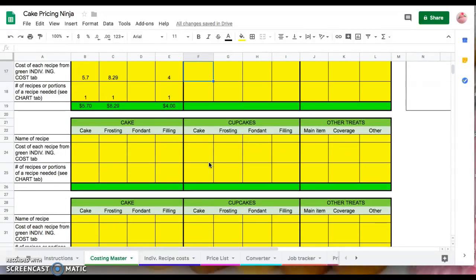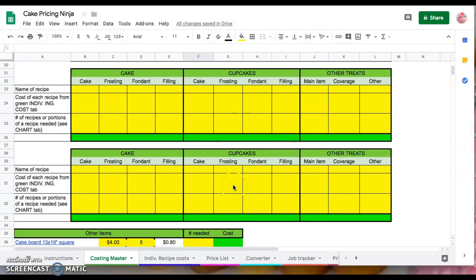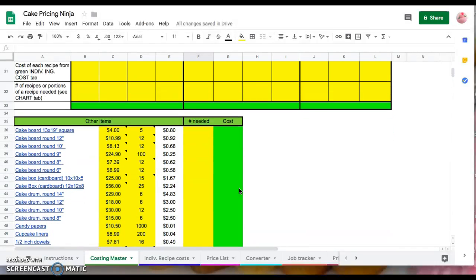and different flavors. So you have these 3 rows. You have 3 choices of cakes, cupcakes, and other treats. Now, as you can see, the cake and the cupcakes are exactly the same. So let's say you don't have any cupcakes, but you have a lot more cakes. Go ahead and use the cupcakes section for your cakes. Now, I know that this is a 6-inch cake,